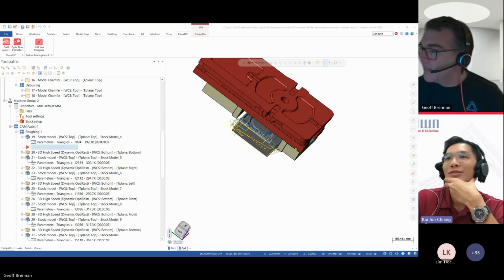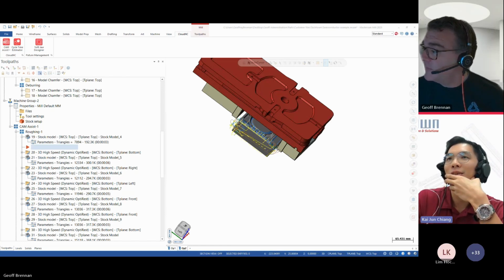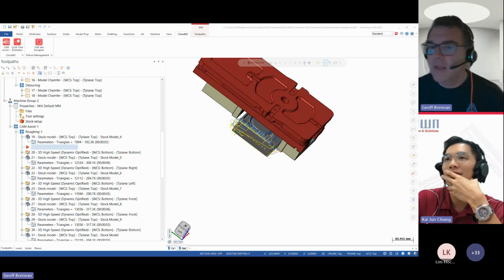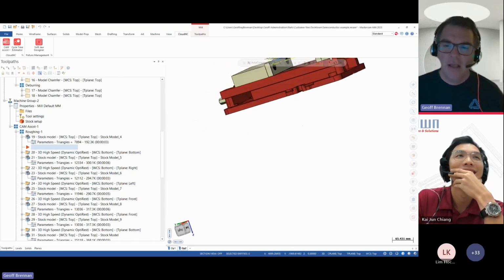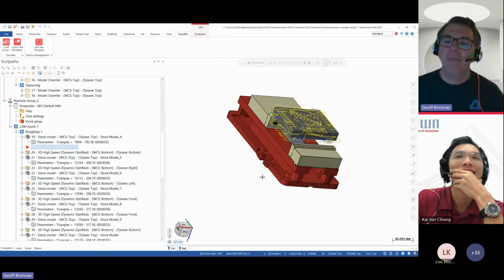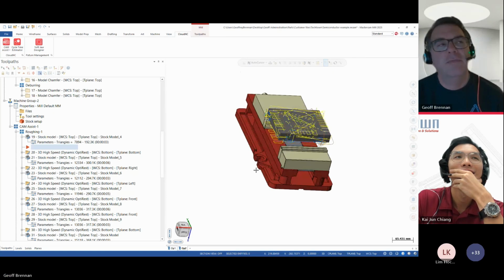Geoffrey, I think there was a follow-up question to the what is the ideal application. I think Carl was asking what is the level of precision CloudNC can do. It's hard to say what the ideal application is because we have so many variable industries using the product right now.